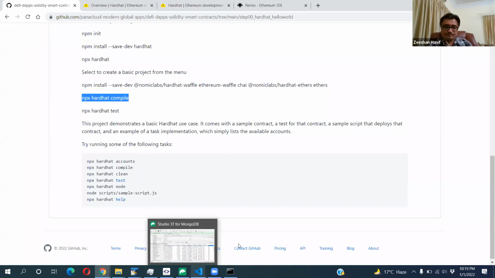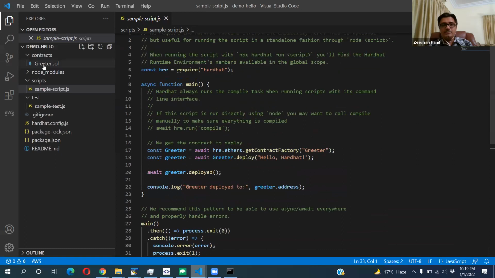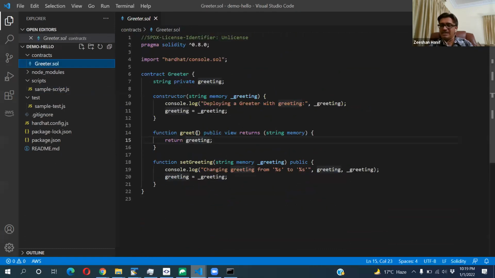So let's say, as I showed you, that this is the Solidity contract. Once we run the compiler task, it will compile it. Now what we need to do is deploy it. To deploy, if we are not using Hardhat, we have to manually copy the ABI and bytecode and go to Etherscan or some other way where we can paste that code and deploy our code on Ethereum mainnet.